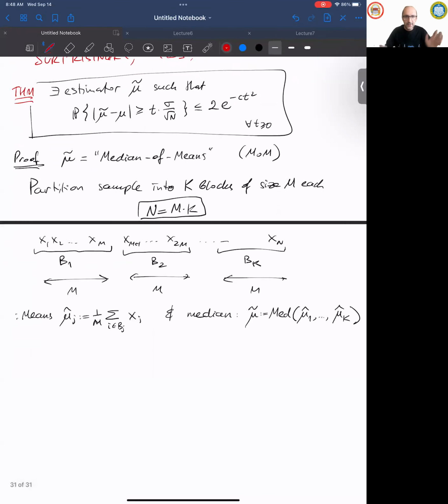Okay, that's a full disclosure. That's our estimator. And we're claiming that it's very good. It's better than just taking the mean of the entire sample. So we split deterministically, basically just into equal pieces. These B1, B2, BK are not random, they're just sequential. Yes, exactly. Good question to clarify. We split deterministically, going from 1 to m and so on. We don't rearrange them. Whatever first m people come to us, we take their mean, and then the next m people, and so forth.